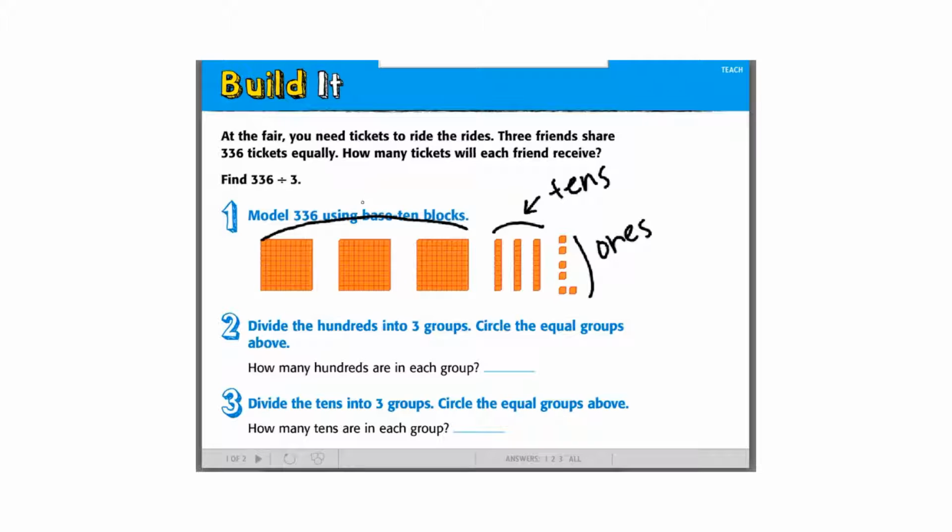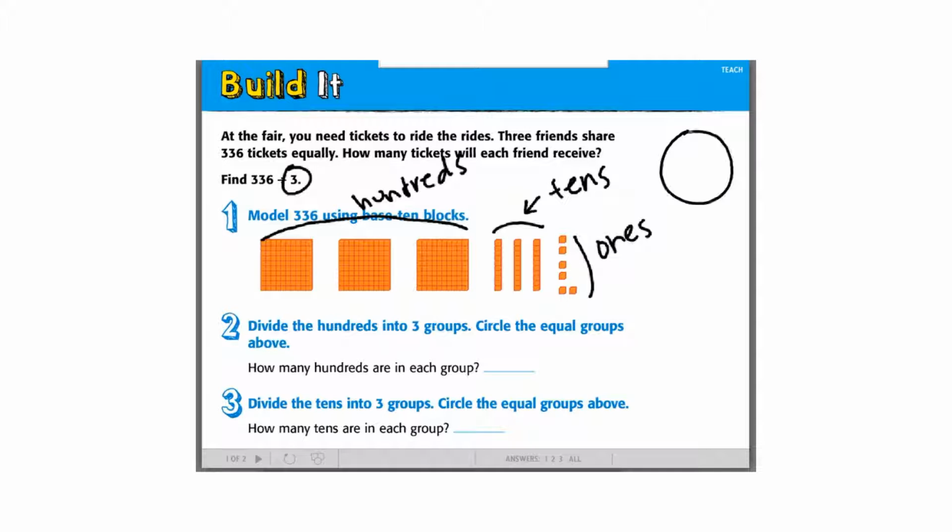So on your paper, I want you to write what I'm writing on my screen. The big squares are represented by hundreds because there's 100 little blocks in there. There's also 10 longs in there, right? That also makes up 100. So either 100 of these little 1 blocks or 10 of these longs could turn into a 100 block. So if we're going to divide the hundreds into 3 groups, because that's what I'm dividing by here,